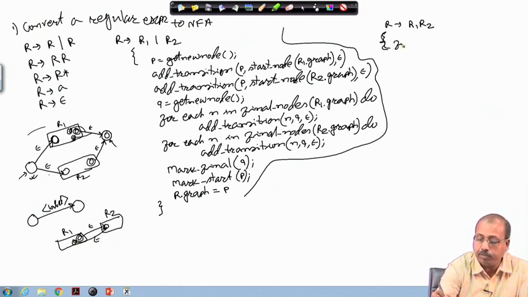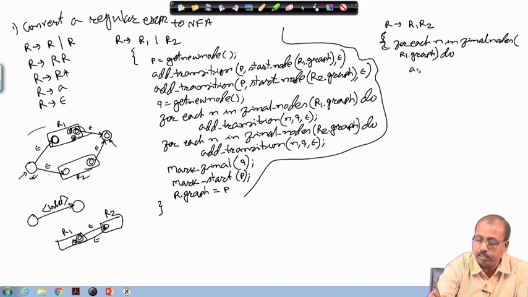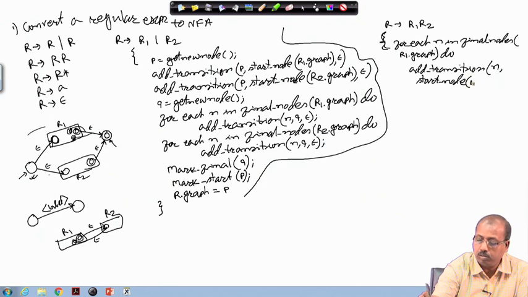We write it like this: for each n in final nodes of R1 dot graph, do add transition from n to the start node of R2 dot graph, and the label being epsilon.